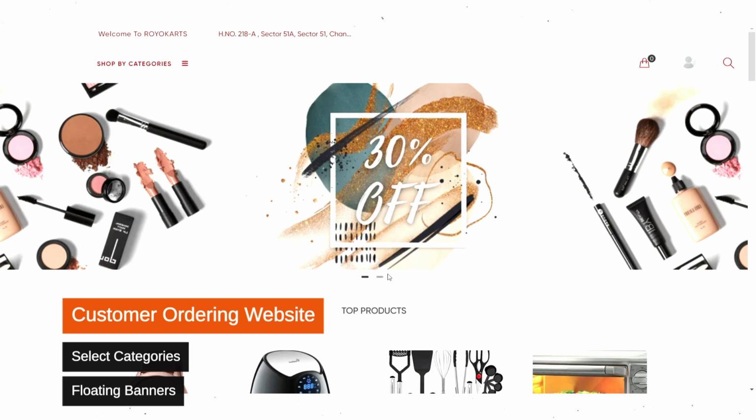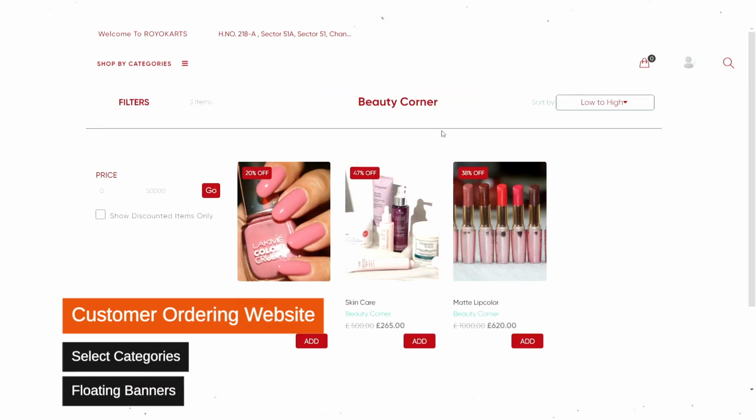And now here you can see the banners of the particular store. So these are the options from which the admin can generate extra revenue from the website. These banners will be uploaded by the admin for the particular store, and if you click on a banner, the customer can directly go to the home page or the main page of the particular vendor.